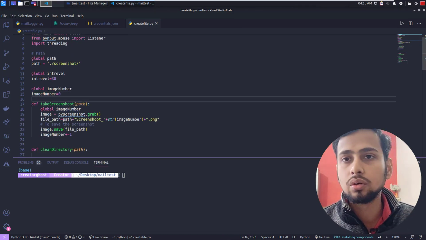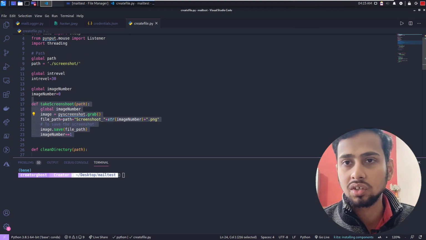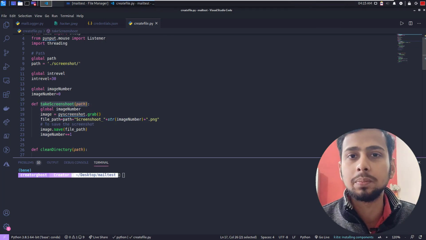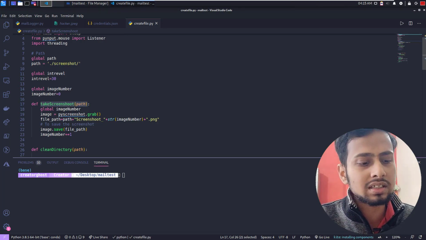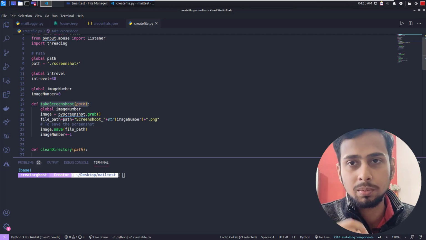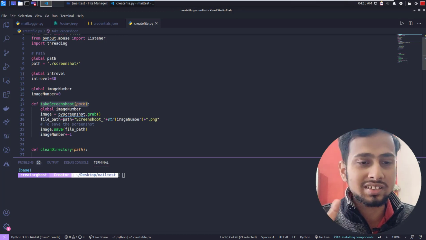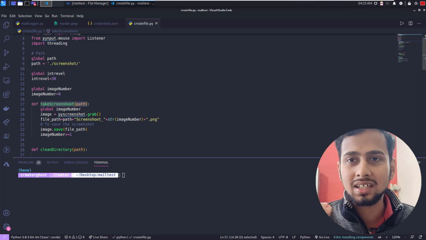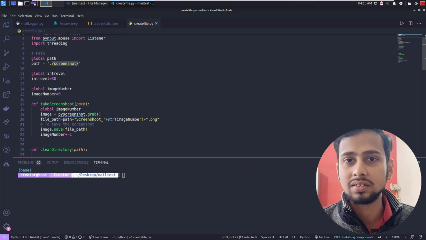But for the time being, let's look at this take screenshot function. The take screenshot function is written to take the screenshot and save it inside the directory that we have specified. As you can see, take screenshot takes the input as path. Path is going to be the directory path where we want to save our screenshot. Here in this case we are just saving it inside the same folder where the keylogger is available. But just think, if you are making a real keylogger, you won't save it inside the same folder where you have downloaded your file. You will be saving it inside some temp directory or some hidden directory inside the system.